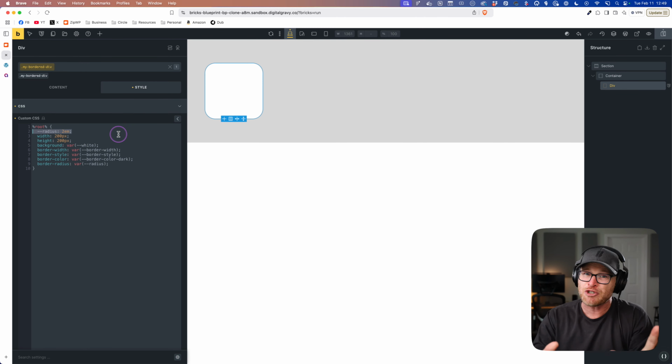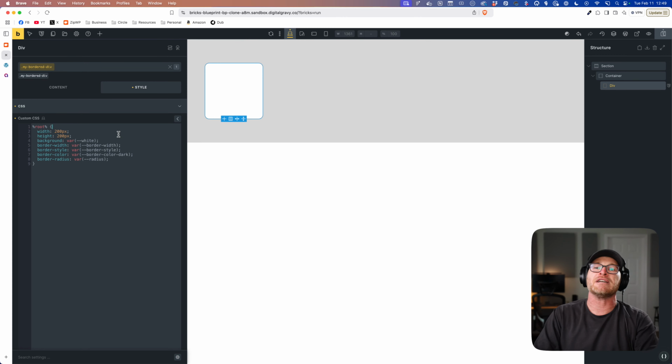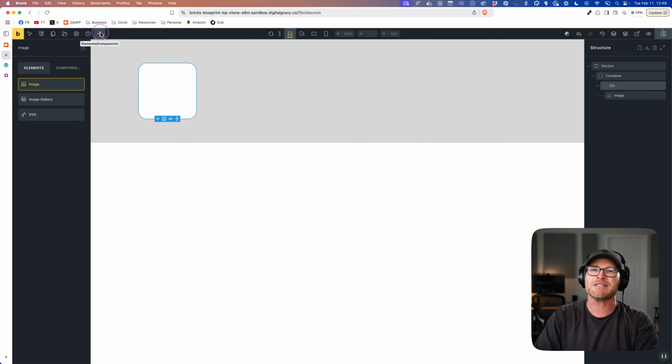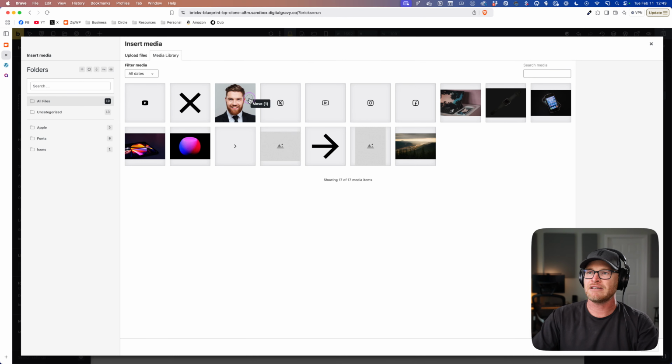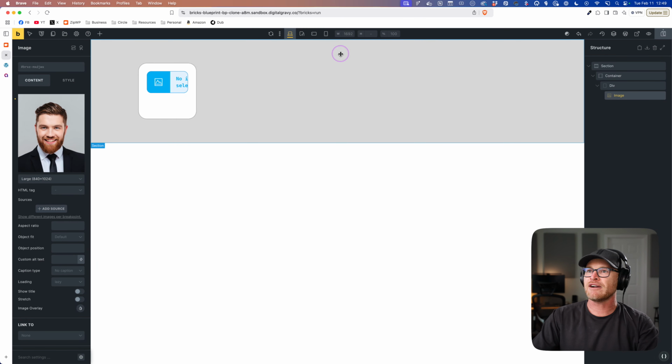Now, if you want a concentric radius, a true concentric radius, which is also a huge pain in the ass to create. Nobody wants to do that, but in ACSS, you could just say, I would just like a concentric radius, please. And now I get a concentric radius. And now when I put something inside of my card, which actually has the real radius, like this dude right here, okay?